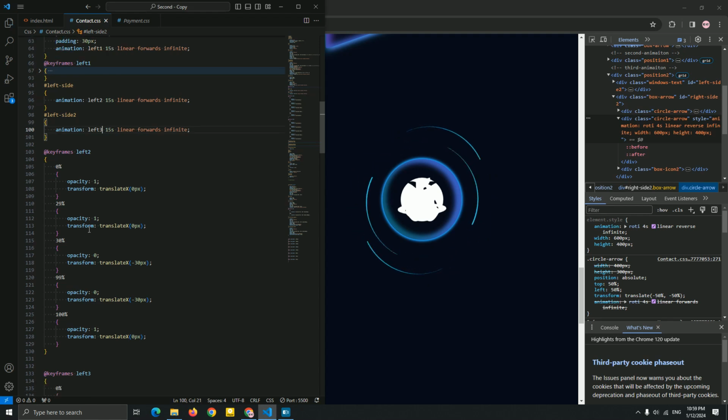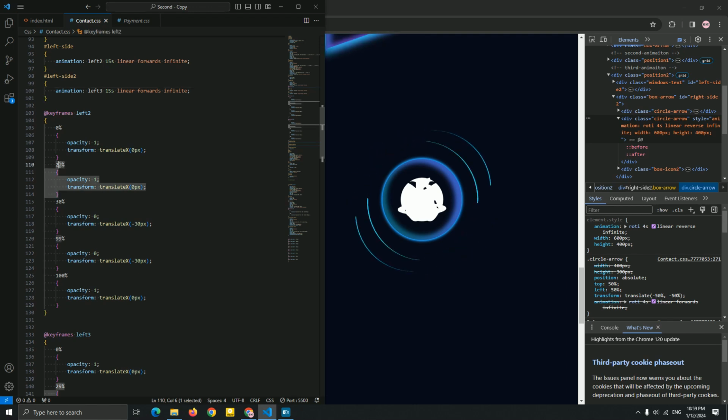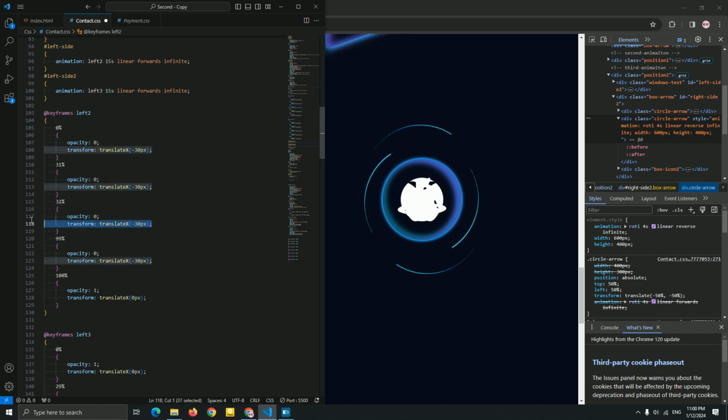Now for this left 2, what we need is 31% for the opacity. Let the opacity be 0 at 0%, and let it be minus 30 pixel, not to the left for now, and just copy this and paste it for this left 2.